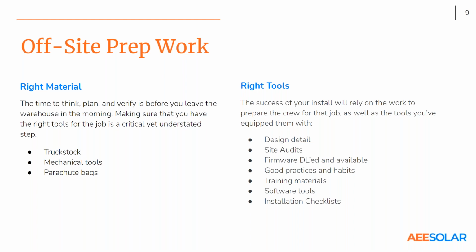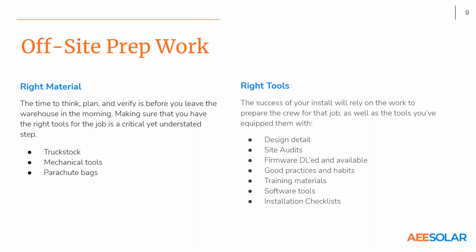Good practices and habits, that sounds terribly obvious, but that goes back to the training program, that you've got the right rhythms and cadences pre-work, during the work, and after the work to lead to good outcomes. Training materials, that kind of encapsulates everything we're talking about here. It's great if the foreman or the operations head understands all this and knows the right way to do it, but if you're not incorporating that for every new guy off the street, you're going to have a really steep learning curve for that guy.